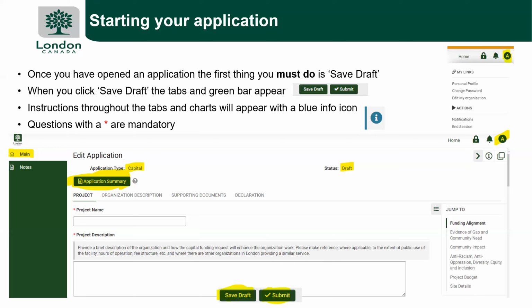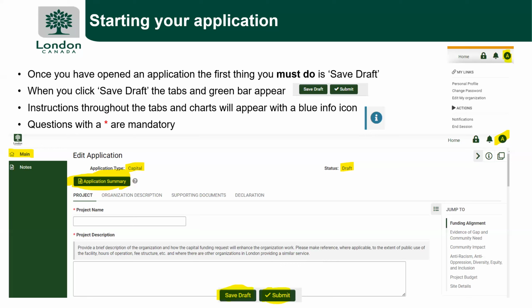So once you've done that, just another couple things to point out here are those little blue eyes. That's information that you should be reading throughout the project as little reminders about information, or it could be answering some questions you might have about the information. There's also a red asterisk on certain questions that identifies that that is a mandatory question and must be answered. At any time, you can click the application summary and it will produce a PDF of the application as you've completed it at that time. And then you can save that if you want to read through it yourself or have your colleague read through what you've written.